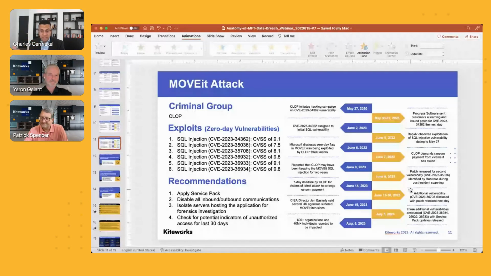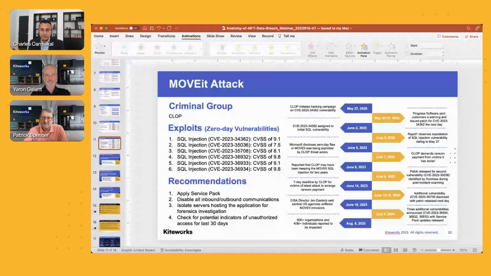And they did make some telephone calls to certain victim organizations. But essentially, what they ended up starting to do is they started publishing data from victims that they stole data from. And in this situation, yes, some organizations paid, but a lot of organizations chose not to pay. The reason for that is because there's kind of a strength in numbers situation where a lot of victim organizations said, well, look, we are one of potentially 100, because people at the time didn't know how many victims there were. But over time, they realized, hey, we are one of 500 or 600 or whatever the number is of victims that are dealing with this event.